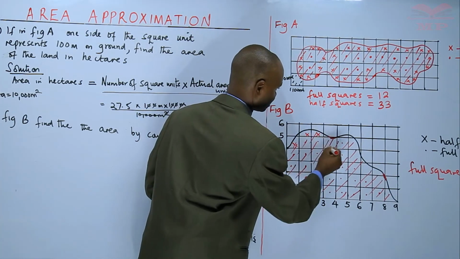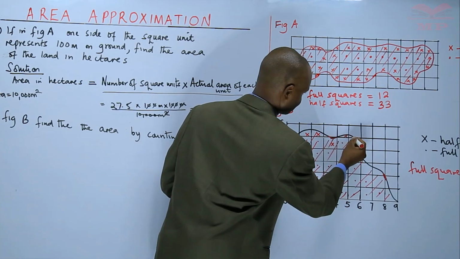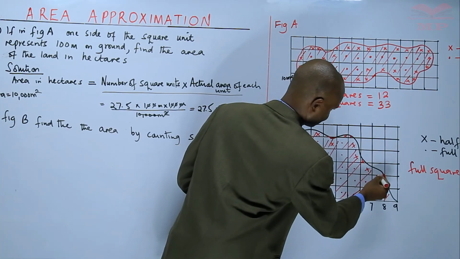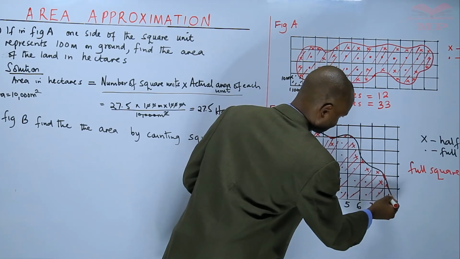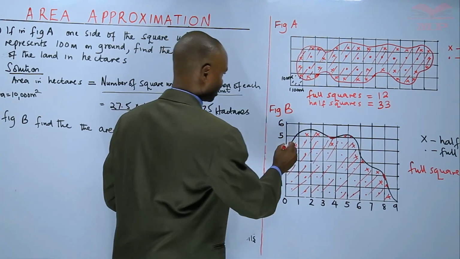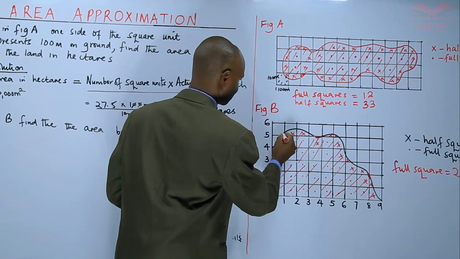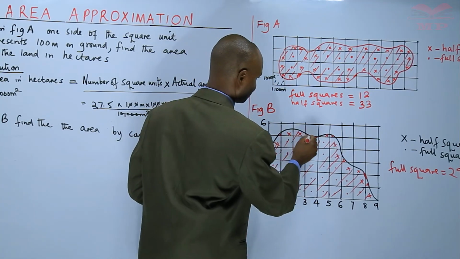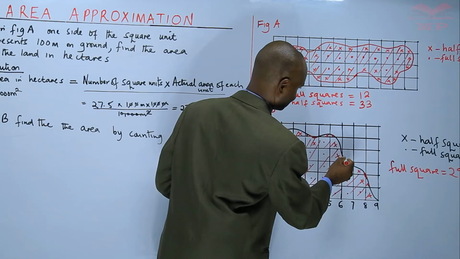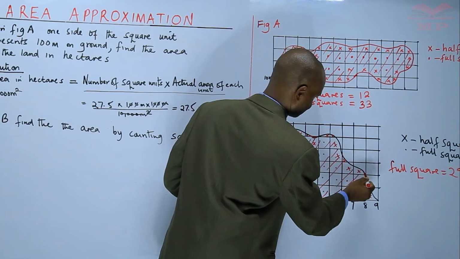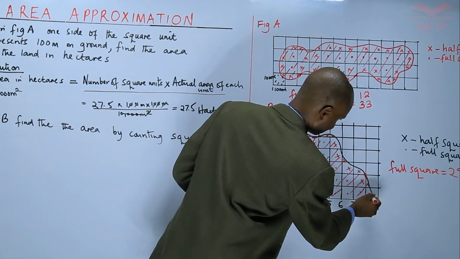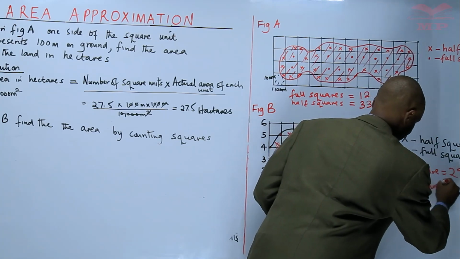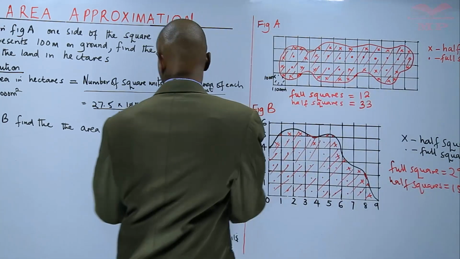1, 2, 3, up to 14. Can repeat again. There's one we missed here. 1, 2, 3, up to 15, and 16. So half squares, 15. So total area,